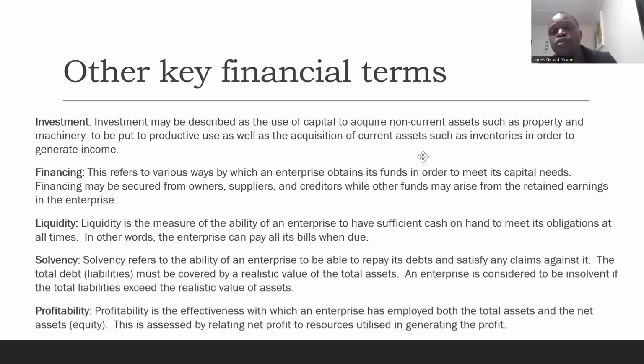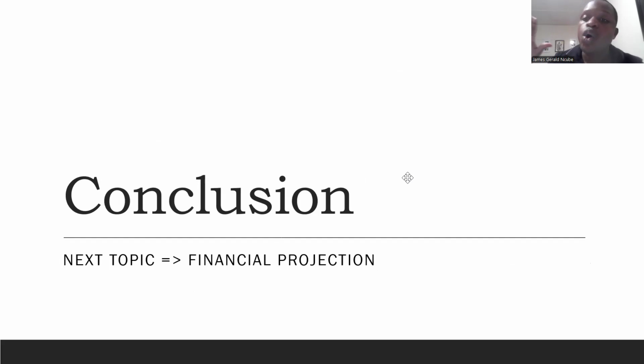Then profitability, we are looking at the profit that was made by the company, that is the income less the expenses. The next class that we are going to do is going to be a little bit more difficult. We are now going into exam preparation because this is financial projection, where we are looking at the creation of budgets. We're going to look at how you create a standard sales budget, how you create a standard production budget, and then how you create a cash budget. And how you create a pro forma statement of financial position, which is basically what your assignment is talking about.